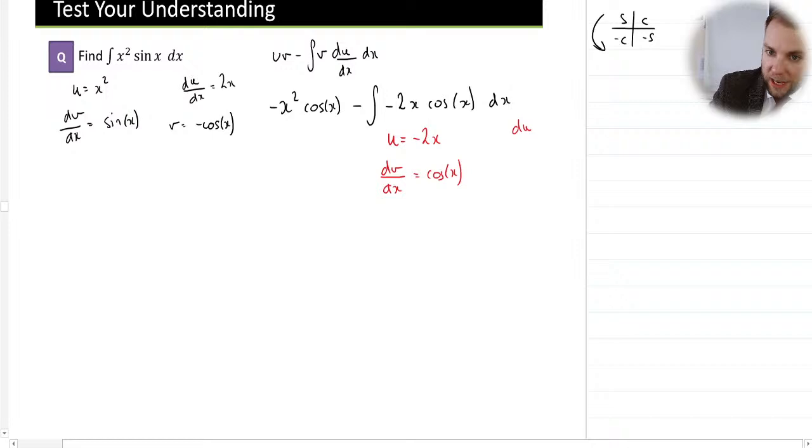In this case, du by dx is equal to negative 2. Cos integrates to minus sine, so v is equal to minus sine of x. If I sub that in to uv minus the integral of v du by dx with respect to x,